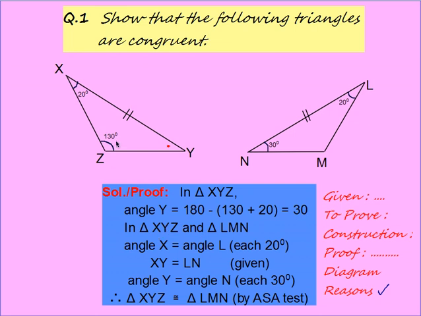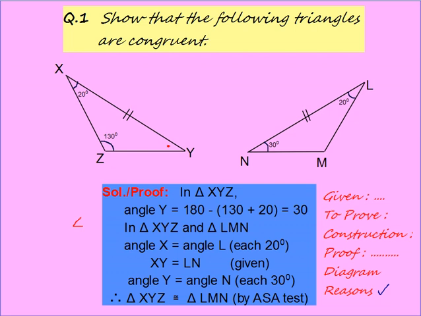And then I have taken these 2 triangles. As I told you, angle X is equal to angle L, because each is 20 degrees. You need not write the word angle, because I was not able to draw this sign due to my app issue. So I am writing angle. You can make the angle sign. I have not used the angle sign, but you can use this angle sign easily.